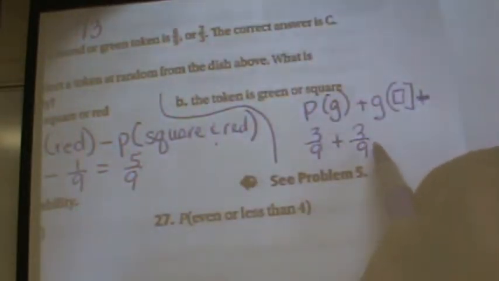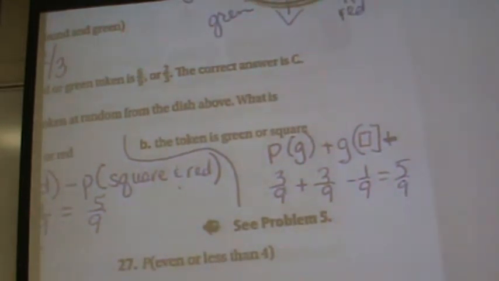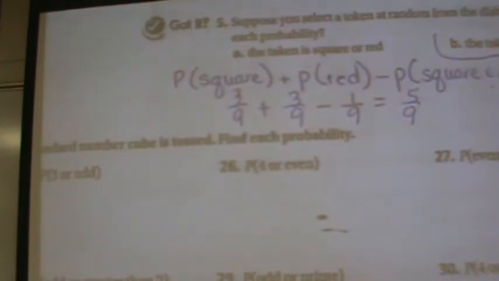And how many are green and square? 1. Again, this is 5 ninths. Okay, the next are,